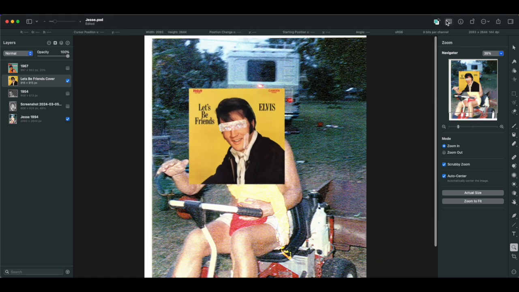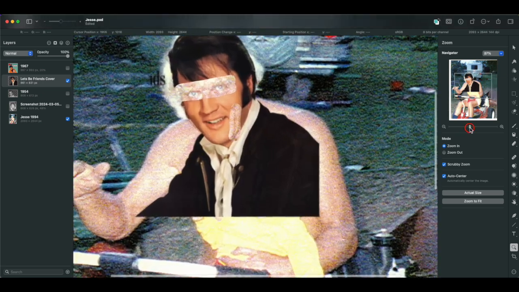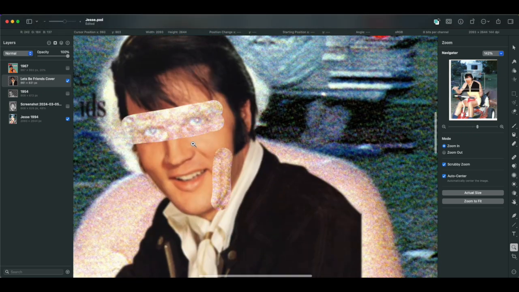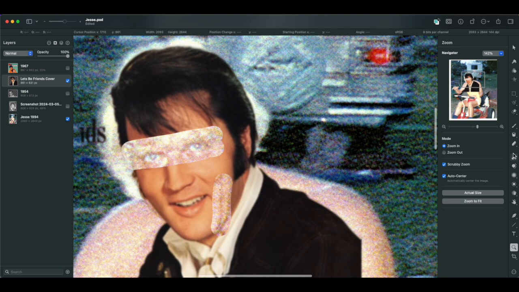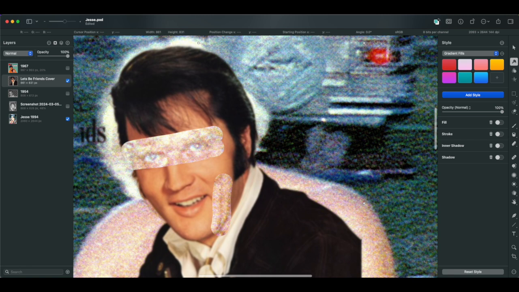Now, if we were to take the background out of that too, and zoom in some more, you can see this is Elvis. Like so. Now we'll go like, same. Okay, so now if we were to bring it all back,